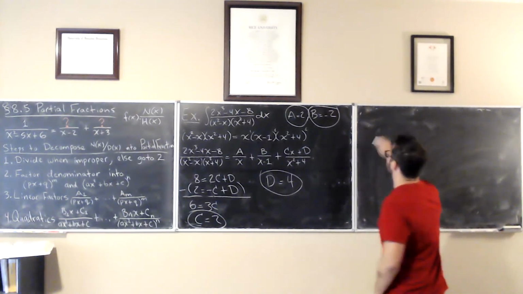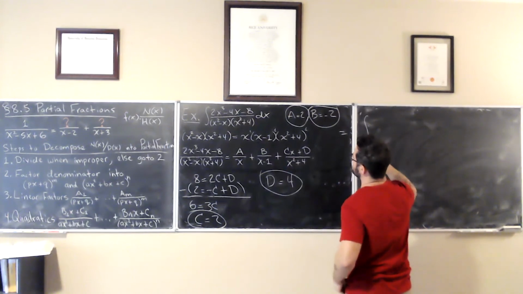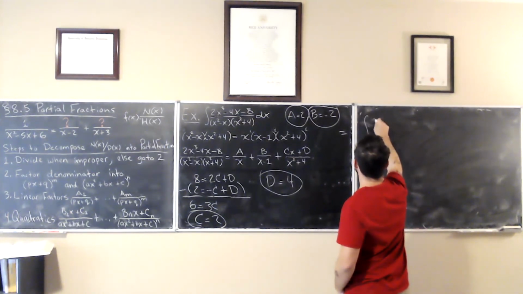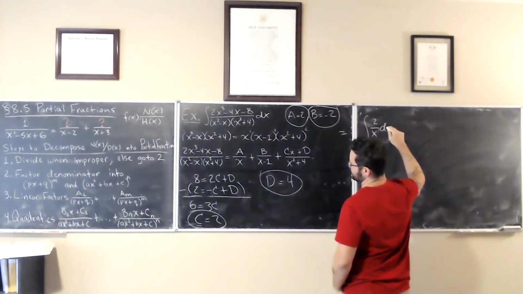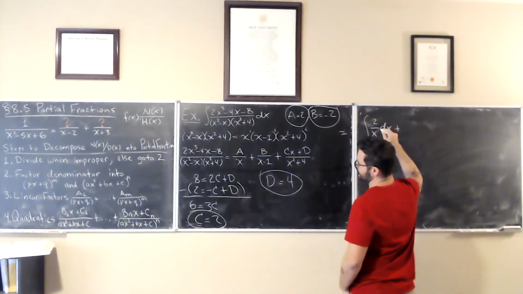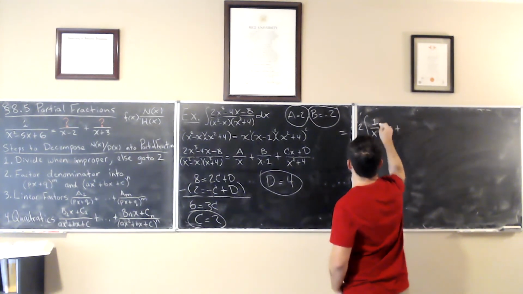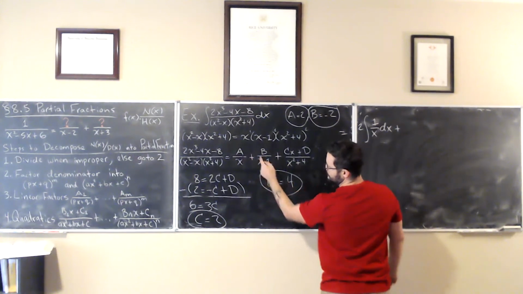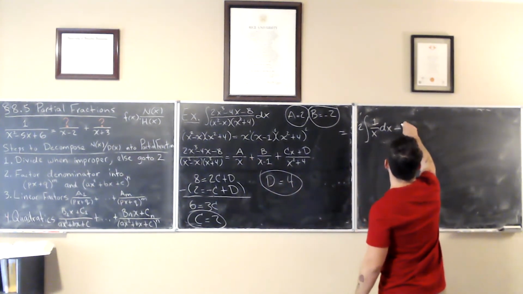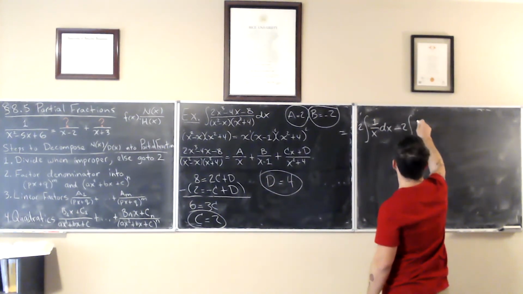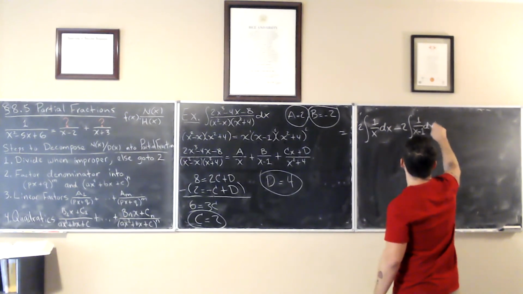And now we can integrate finally. So this integral becomes, I'm going to write it all at once to save space. 2 over x dx plus, actually I'm going to take out the constants. So it'll be like a 2, and then b is what? Minus 2, so this will be a minus 2 integral of 1 over x minus 1 dx